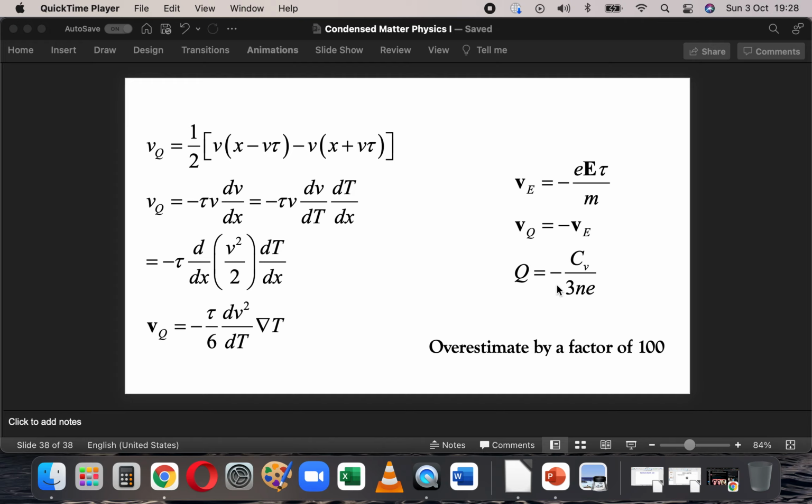All other cases, they were like, okay, that happens at high temperatures, at low temperatures, that happens at large magnetic fields, okay, we can get away with it at room temperature and so on. But the thermopower fails even at room temperature, and it fails dramatically by a factor of 100. So this is one of the several reasons why we need to study quantum statistics properly to understand electronic transport in a solid. And we will be starting that from the next class.